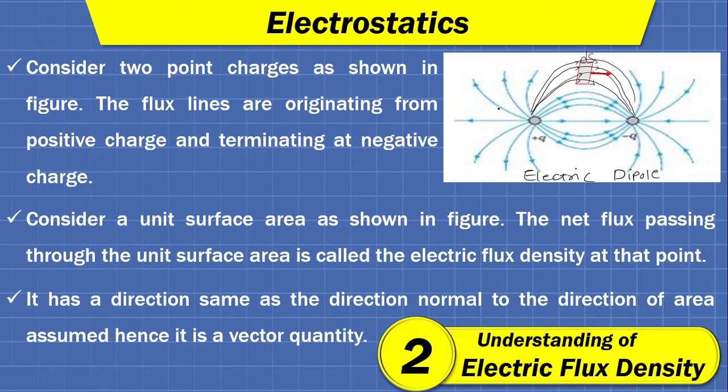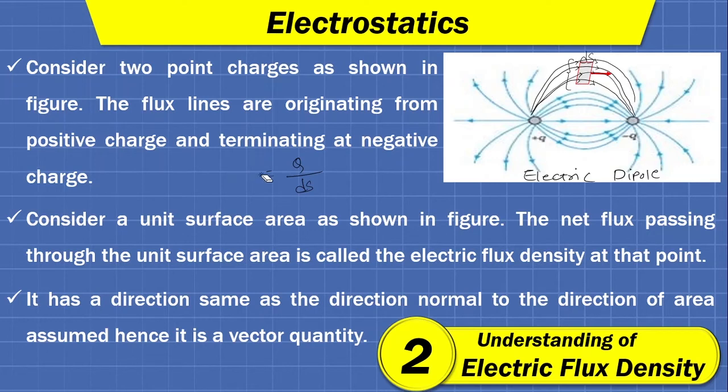Fine. So here we can see some lines, say 3 or 4 lines, passing through this surface. What is the charge over here? So here the charge is Q. And the unit surface area we have imagined. So Q by ds is called D bar, or say flux density. Say capital D is the symbol of electric flux density.